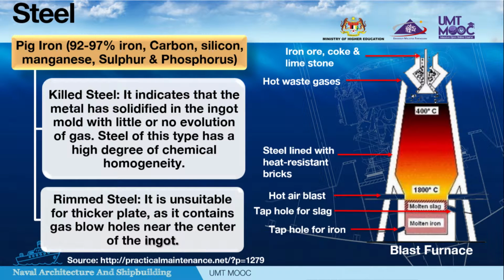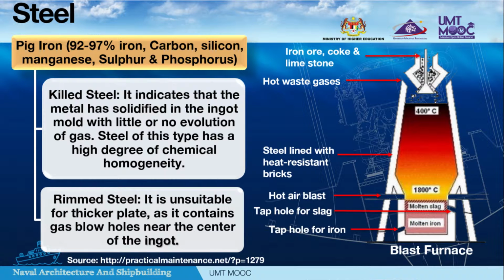In the open hearth process, the iron ore along with coke and limestone are being fed to the blast furnace as can be seen from the figure. The pig iron which comes out of the furnace contains 92 to 97% iron, and the rest of the constituents are carbon, silicon, manganese, sulfur, and phosphorus. Through further heat treatment, this pig iron is transformed into 2 different types of steels named killed steel and rimmed